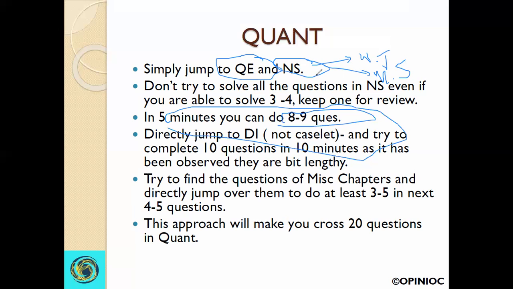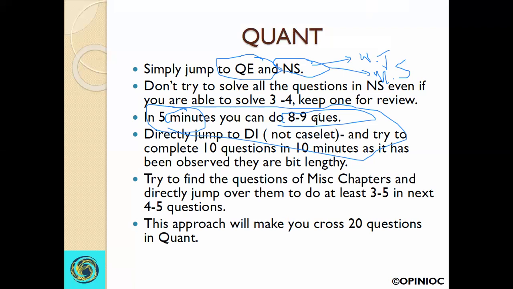And some number series is such that you are not able to find the pattern. So you should skip that. It should hardly take 10 seconds to get an idea about the pattern, not more than that. If in the first 5 minutes